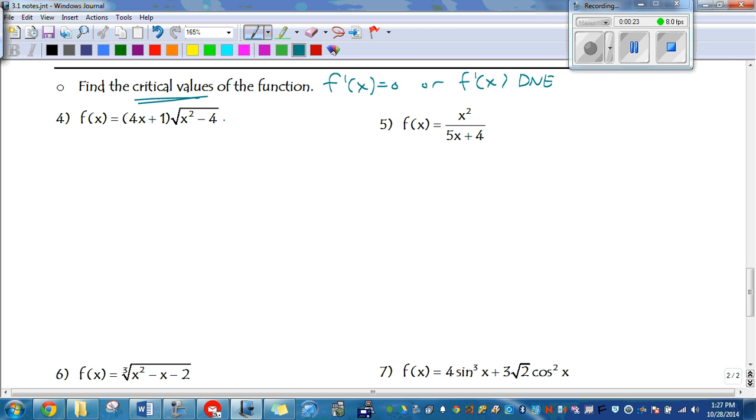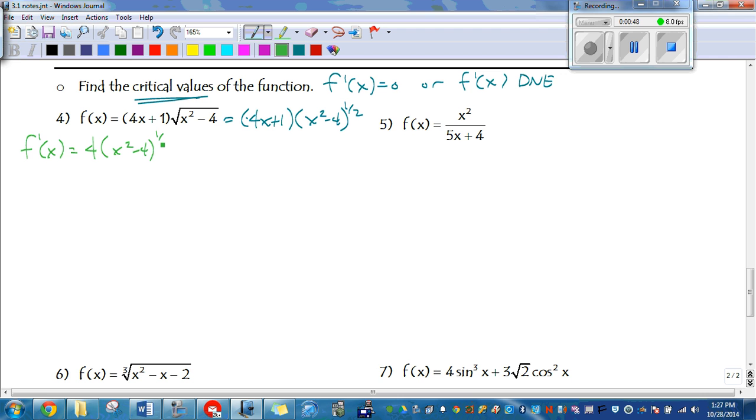So in this case, I'm going to rewrite this before I try and do the derivative. So we get 4x plus 1 times x squared minus 4 to the 1/2. So in doing the derivative here, we're going to have to use a couple rules. First, product rule. These two things are being multiplied. So I'm going to take the derivative of the first function, which is just 4, times the second function, x